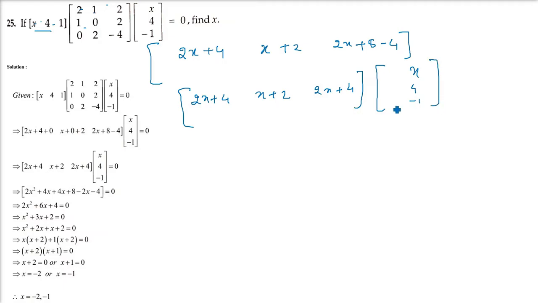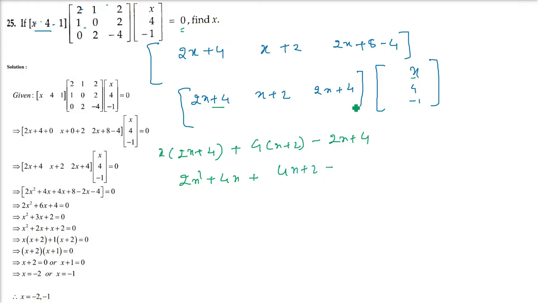Okay, so I'll just change the middle one. Just wait a bit. Let us multiply 2x plus 4 into x is this one. And then we have 4, x plus 2. And then we have negative 2x plus 4, 2x minus 4 because it is negative. 2x square plus 4x and this value. Then we have minus 2x minus 4. So we get 2x square. 4, 4 and 2 is going to be 8 minus 2 is 6x. And this is,